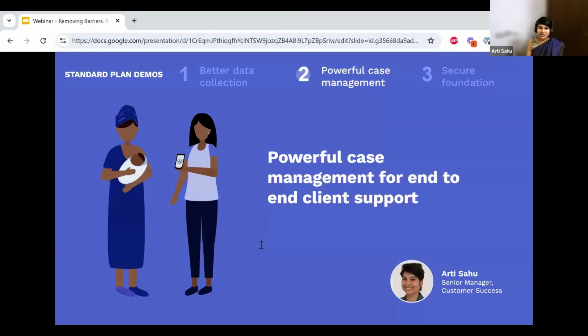Thank you, Erin. So with CommCare's new and more affordable standard plan, you're not just getting better data collection and built-in service delivery. As Erin explained, you're also going to get all the essential tools for case management, which lets you track people, places, or even things over time. So if you register a person, like a patient or a pregnant woman, and save their details in the app, CommCare will allow you to follow up with them over multiple visits, record their progress, and even respond to urgent needs when they come up.